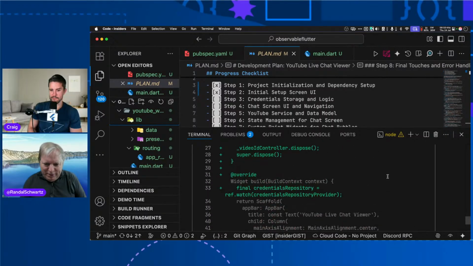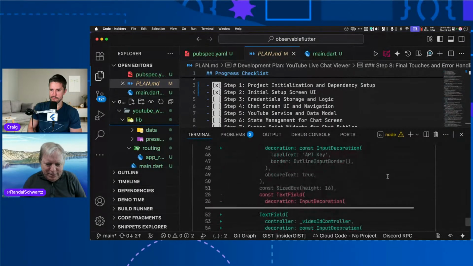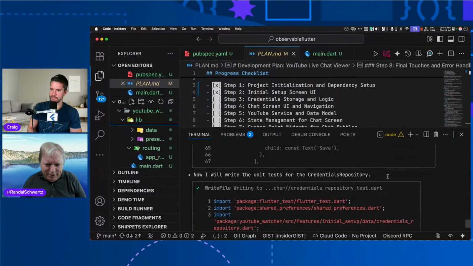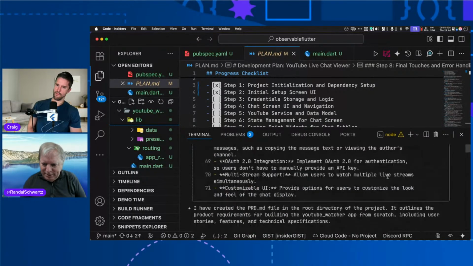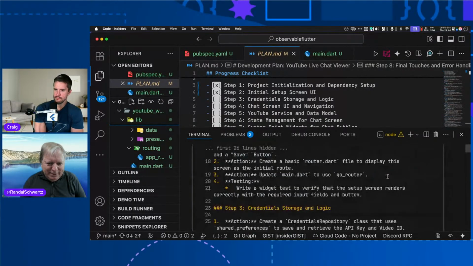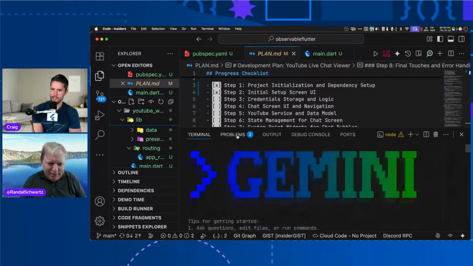So it moved a couple things around. I see problems too. We're going to fix that in a second, and I'll show you the easiest way to fix that. We'll see what the problem is. So can we look at